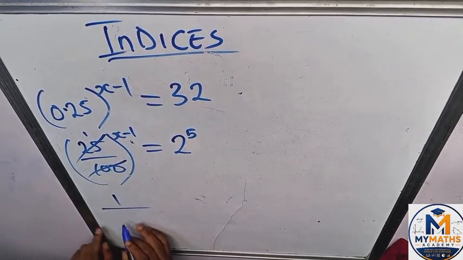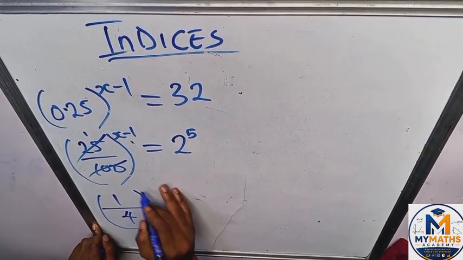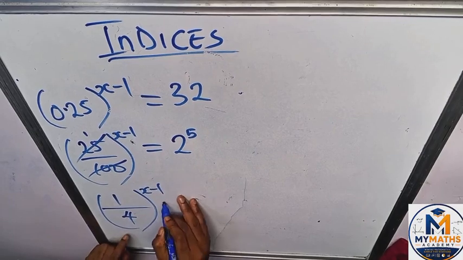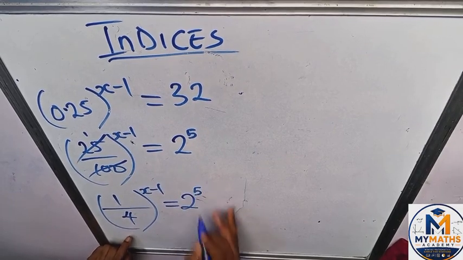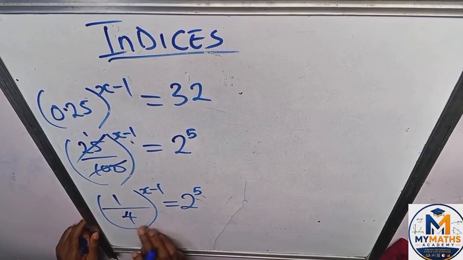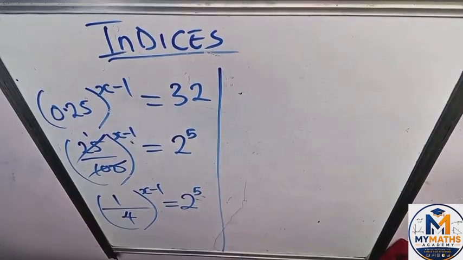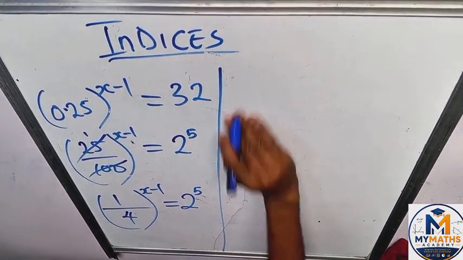100 divided by 25 will give us what? 4, open and close bracket, raised to power x minus 1 equals 2 raised to power 5. Is that clear? So now we've done that. Now we are going to break this 4 down to the lowest. It's going to be